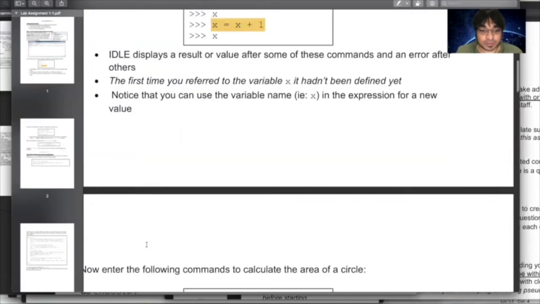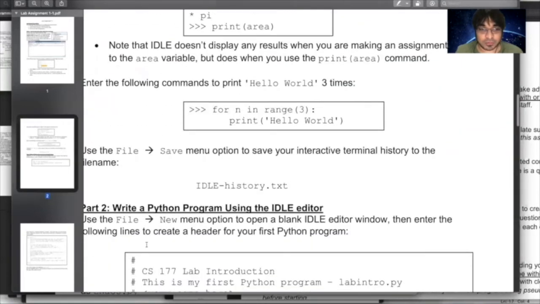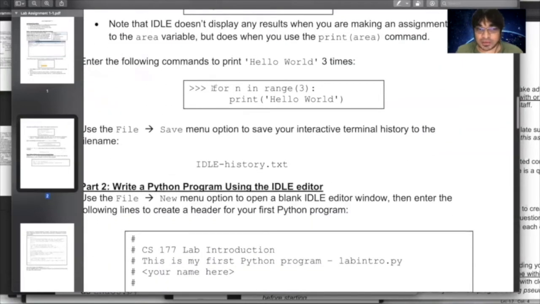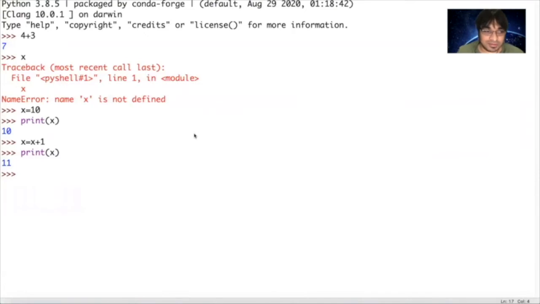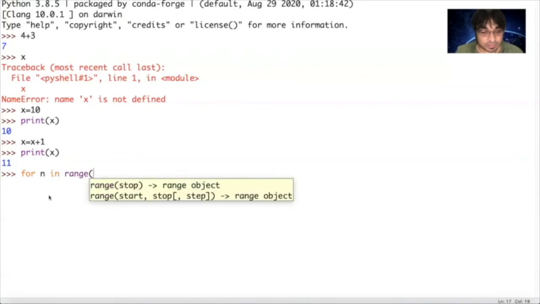Okay, so moving on from that, let's look at the simplest looping structure that we have encountered till now. Over here, there's a code snippet, for n in range 3, print hello world. Let's just go ahead and do that. So let's do for n in range 3.